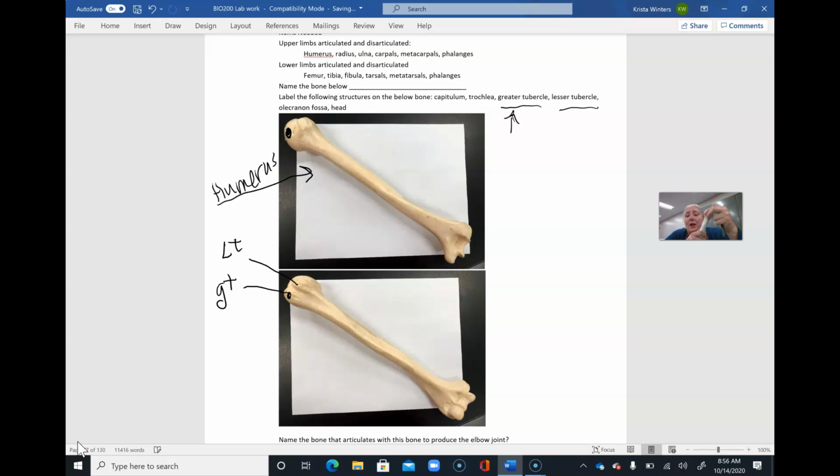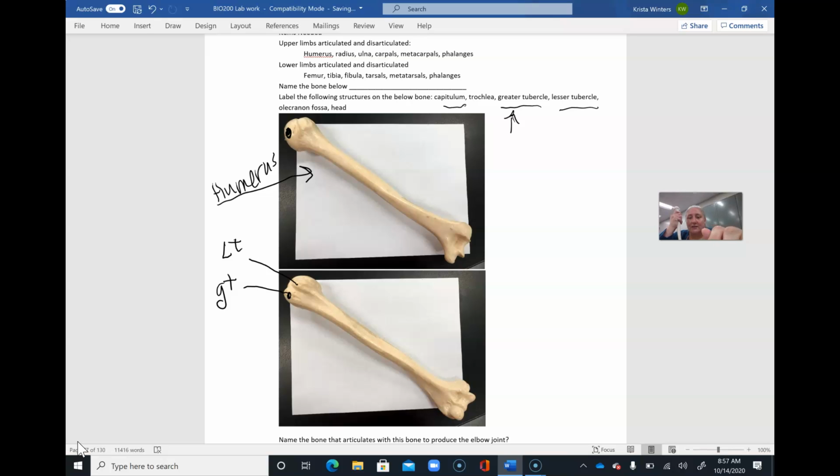This is where a lot of our muscles will bind. We have ligaments that attach and bind muscles there, okay? So muscles bind at these bumps. Then if we go to the distal region, so that's on the proximal region of the humerus. The distal region of the humerus, then down here, we have